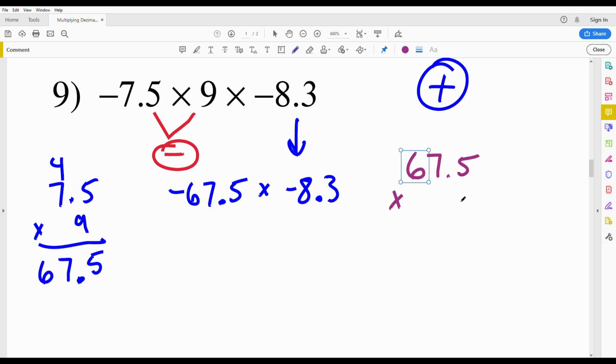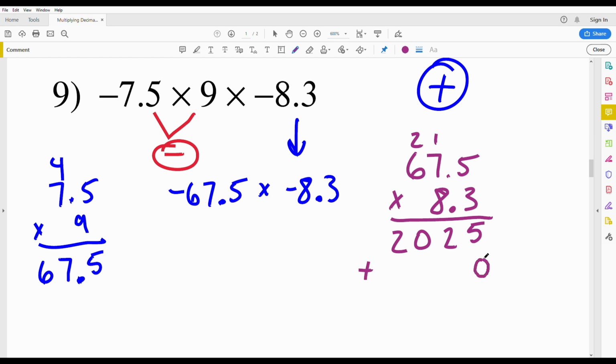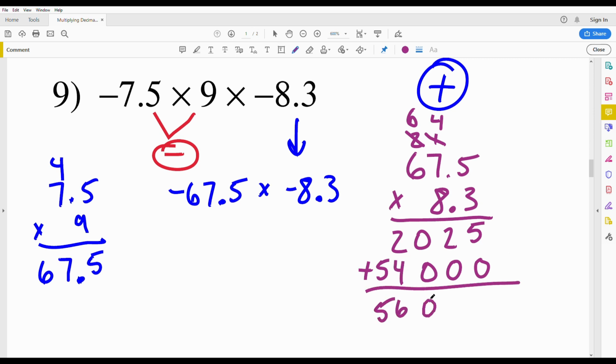67.5 multiplied by 8.3. 5 times 3 is 15, carry the 1. 7 times 3 is 21, plus 1 gives us 22. 6 times 3 is 18, plus 2 is 20. And then I'll be adding that to, put my placeholder 0 because 8 is one place over. 8 times 5 is 40, write the 0, carry the 4. 7 times 8 is 56, plus 4 is 60, write the 0, carry the 6. 6 times 8 is 48, plus 6 is 54. So when I add this together, I'll get